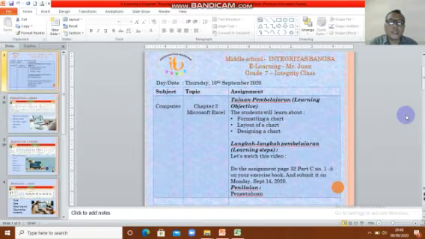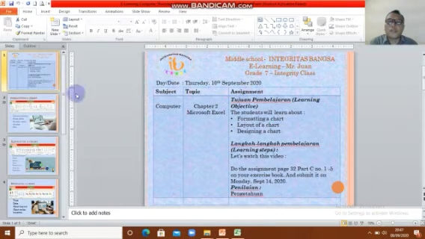Last week we studied Microsoft Excel also, especially the chart in Microsoft Excel, how to insert or create the chart, and also the components of a chart. I hope you still remember the last lesson. Today we will continue with formatting a chart, layout of a chart, and designing a chart.